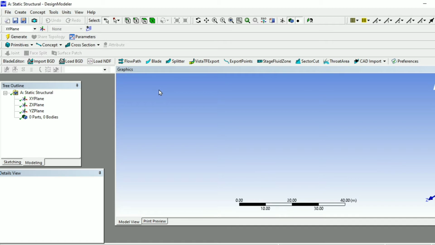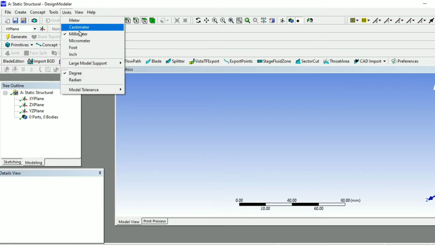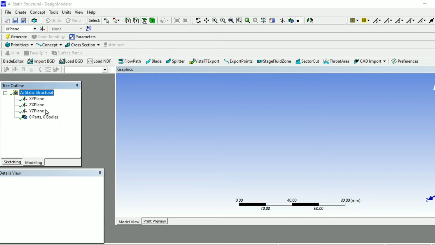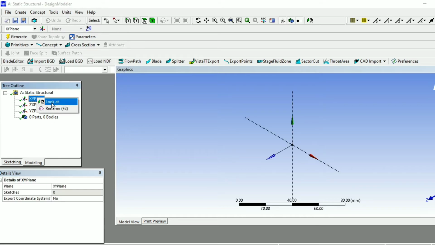Now it is open. Here it is showing ready. So first of all we will select the unit. I will work in millimeters. Now choose a plane and then right click on this, then look at option, then go to sketching, select